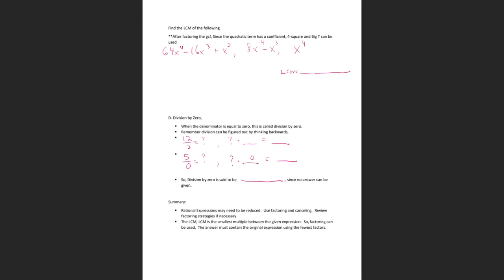Now this one in your notes is different, so you'll probably have to rewrite this one in your guided notes. So I have this trinomial, this binomial, and this monomial, and I'm trying to find the least common multiple of it. So if I look at this, what I see to start with is an x squared. So I don't see anything else in common. So that leaves me a 64x squared